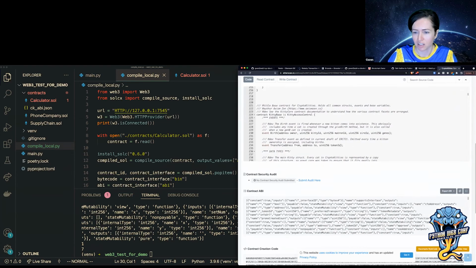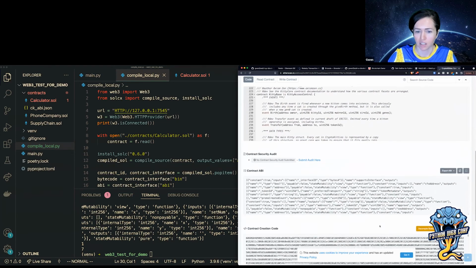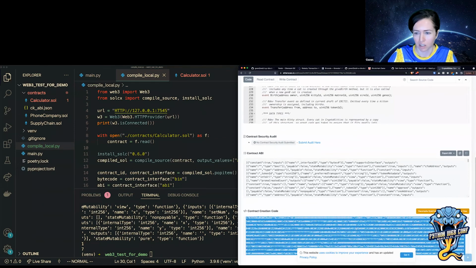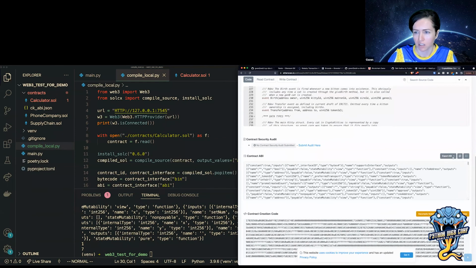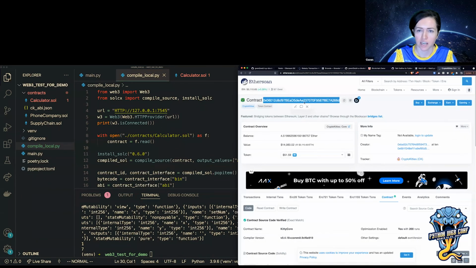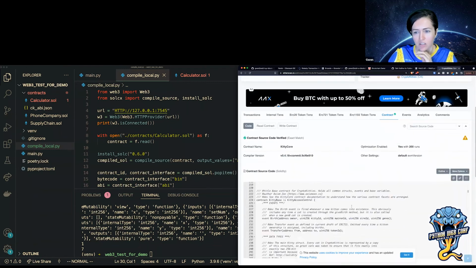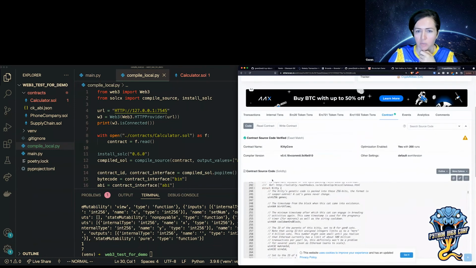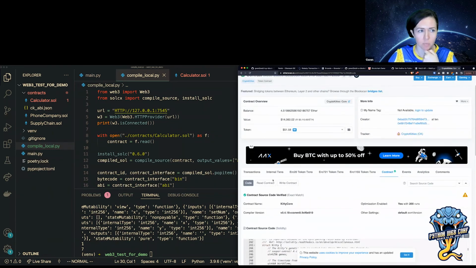Anyway, you can see here that Etherscan gives me the code for the contract. It also gives me the ABI, and then I have the contract address up here. So I can find any contract, search for it on the blockchain, and then I have the address, and Etherscan will give me the ABI, and then I can use that in my programs.